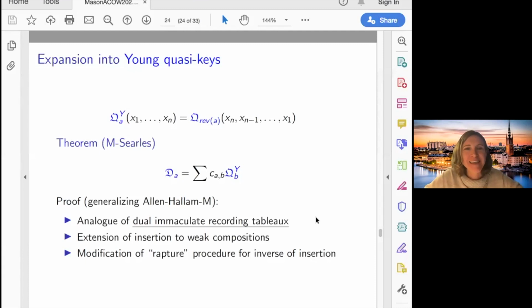Let's see. So yeah, so this was generalizing the result in QSym that says the dual immaculates expand into the quasi-symmetric Schurs. So we needed to come up with an analog of the dual immaculate recording tableau. We needed to do insertion, and remember, we now have this additional flag condition that we had to deal with, and then we needed to invert the insertion. But that's sort of the basic components of the proof here. We're modifying what happened in QSym, but you can't actually get the QSym result. You can't travel back and forth between them